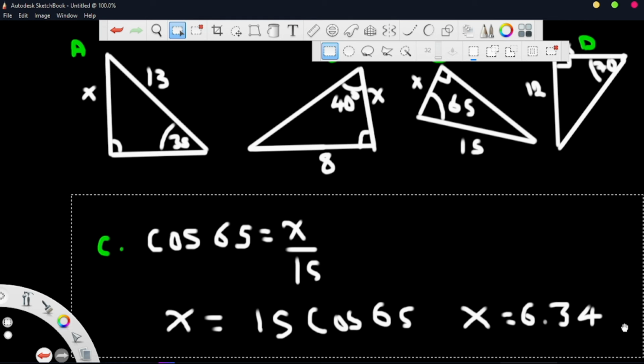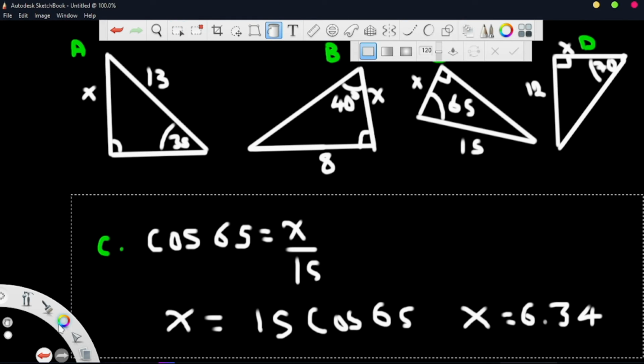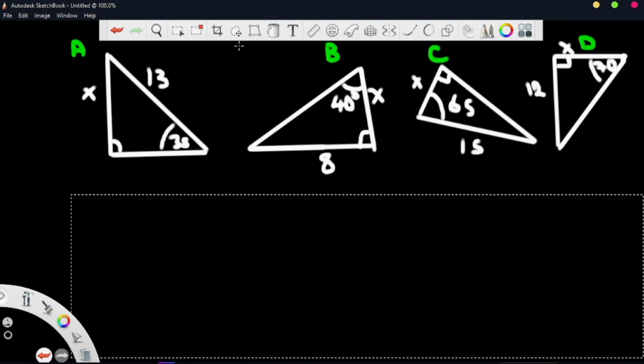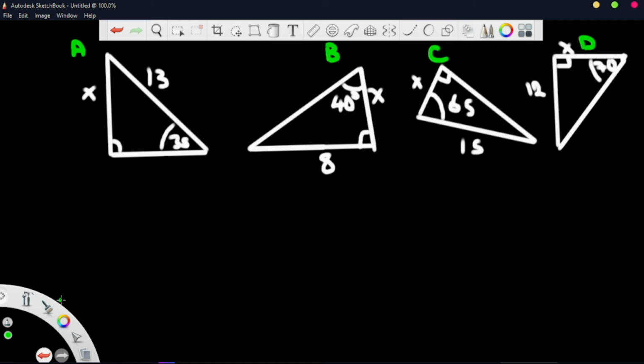Now let's try something else. Let's try how to find the value of d, our last one. What have we been given for d? For d, we have been given our opposite and our adjacent. What do we use when we have been given our opposite and our adjacent? We're going to use our tan. So we're going to say tan 70